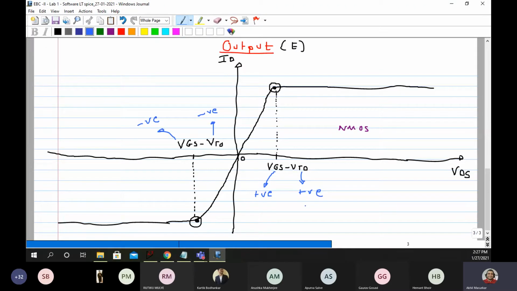So this is the output characteristics for the enhancement type. This is PMOS and this is NMOS.